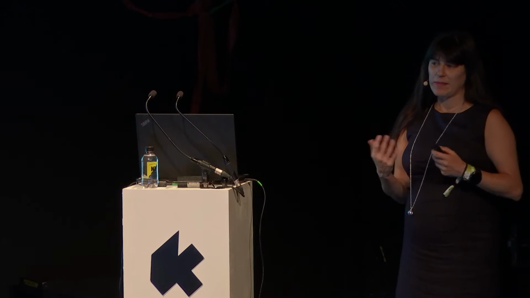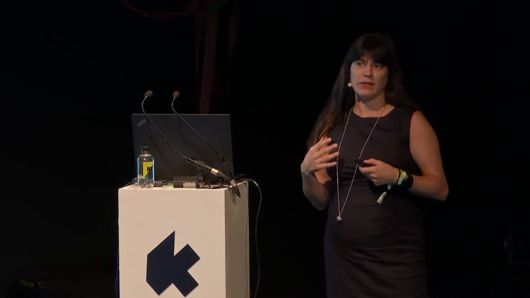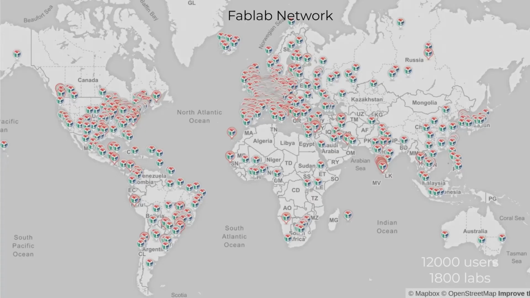So I imagine that most of you inside here have a better understanding of what the Fab Labs are, and I don't need to further explain what it is about. It is very quickly an outreach program from MIT that started around 17 years ago, and it seeks to socialize.